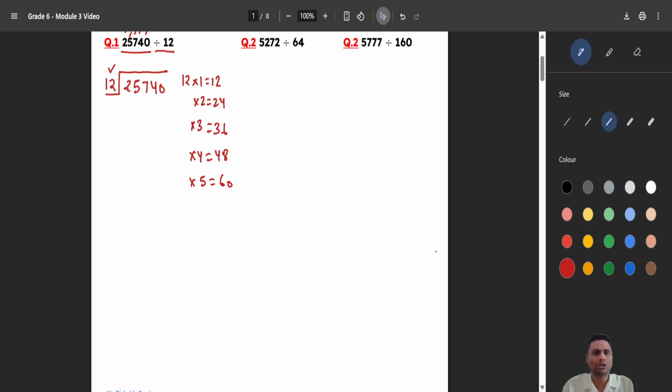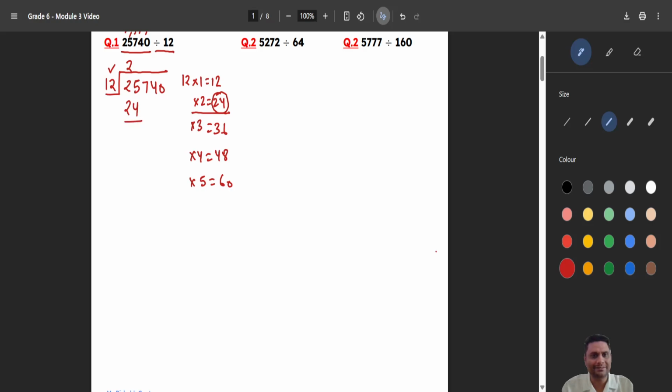Now rule number 1. I need a number equal to 12 or bigger than 12 inside the box. If I check the 2 is smaller than 12, right? So I cannot start with the 2. So let's take 2 digits here, 25. Is the 25 bigger than 12? Yes, it is. So I can start with 25. Next step, try to find the 25 in the table of 12. Do you see the 25 here? No. But if the 25 is not there, you have to choose a number smaller than 25 and close to 25. If I see here 12 times 2, 24, it is smaller than 25 also and it is close to 25 also, correct? So I will take 12 times 2,